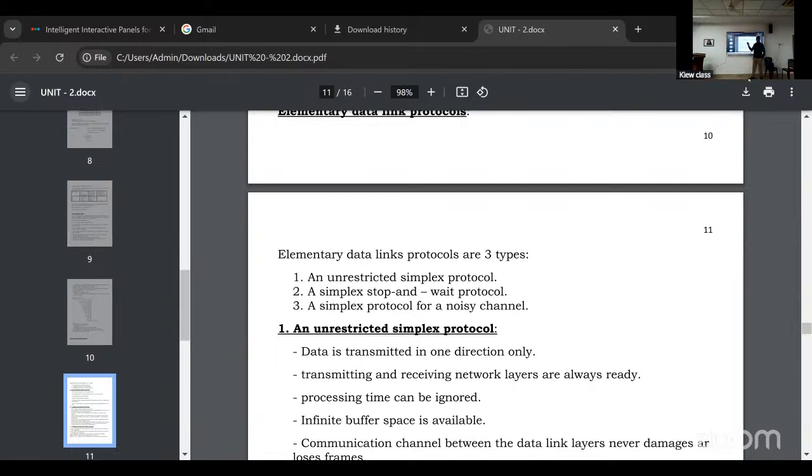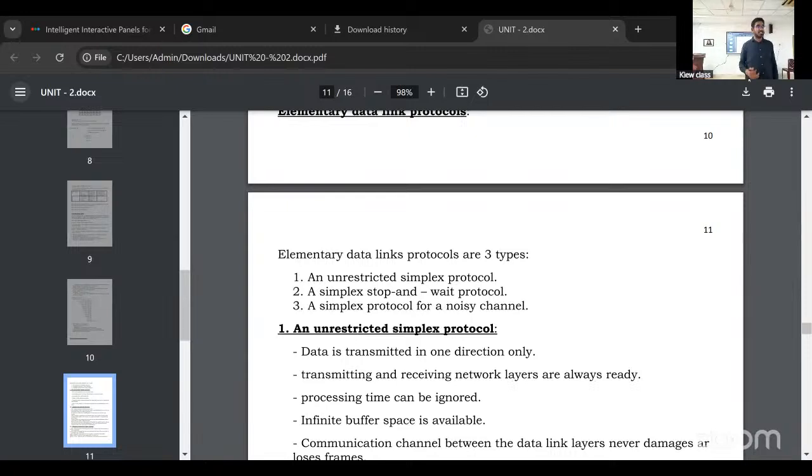They proposed one model, which comes under the IEEE 802 standard. In that standard, we have many versions.